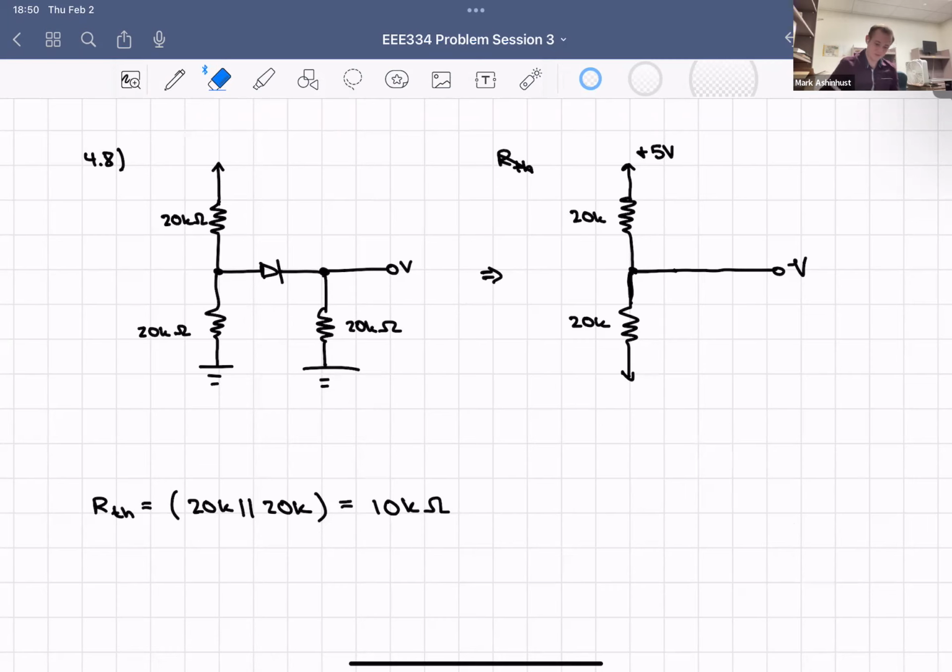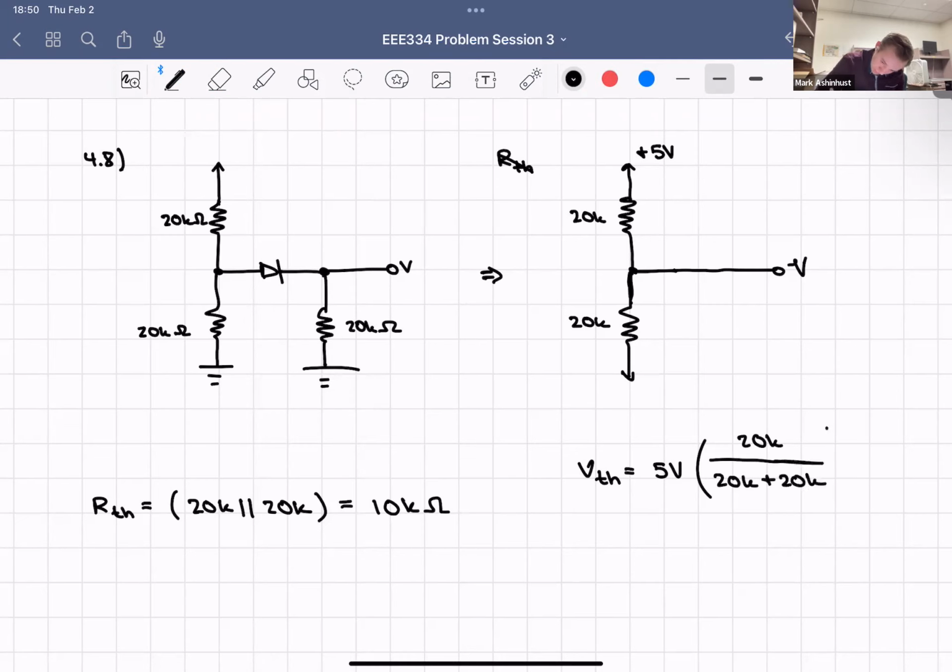So our V Thevenin is going to be that 5 volts, and then we have 20 kilo ohms over 20 plus 20 kilo ohms, 40 kilo ohms, which is half. So our V Thevenin is going to be 2.5 volts. Awesome. Finding I Thevenin is really easy because using Ohm's law, we have 2 out of 3. Let's just solve for the last one. So ITH,